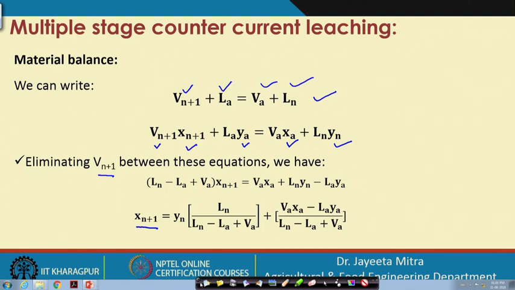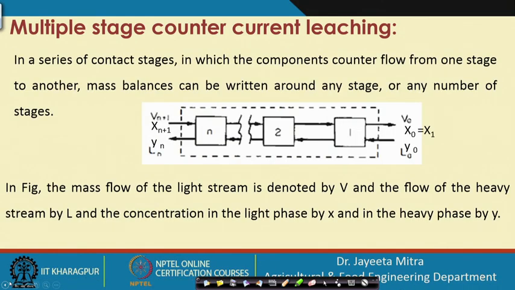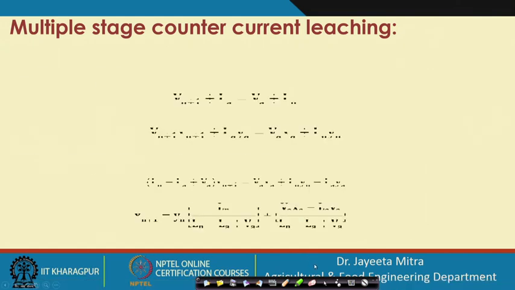So, this is how we can observe here. There was nth stage and there was first stage. For the first stage, the entry of the slurry and exit of the overflow signified as L A, y A 0 and V A x A, like that, and here all are at n plus 1. Okay. So, this is the equation that we have to use.